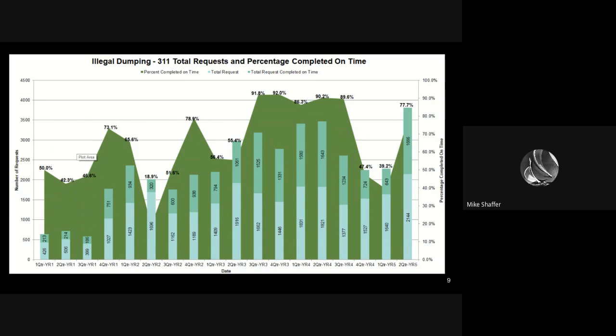And that was even with a large increase in the number of requests. But then in second quarter of year two, we see this nosedive down to about 18.9% being completed on time. And after talking to staff, you actually found out that one of the truck drivers who has a special license to drive one of these large trucks that can pick up heavy items had been injured and wasn't able to work. So without having that one truck being able to go around picking up these large items, the performance really